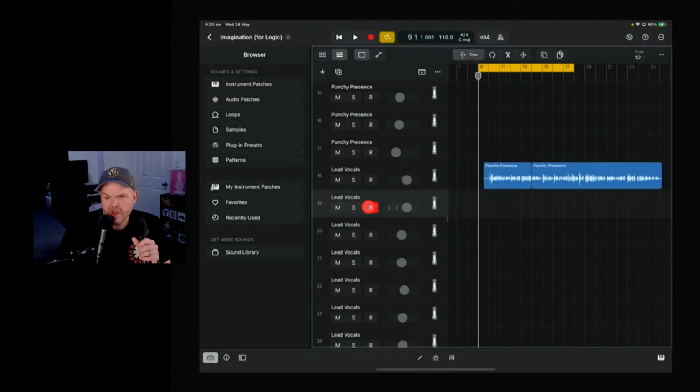So to record, we engage record mode, check 1, 2, 3. You can hear that that's coming through there, and it's got all the same effects as this channel because it's on. And here's the good news. You don't have to worry about moving around. It's always going to stay on this screen. There's no separate record screen. You don't have to do any tricks or hacks there. So even recording one channel, it's going to stay on this screen.